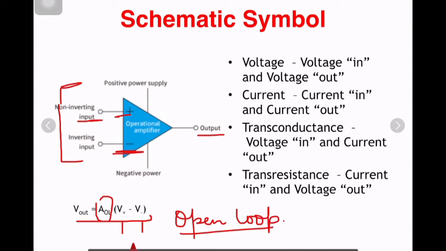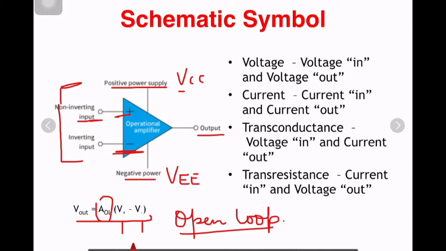An operational amplifier also operates from, as you can see, a positive power supply and a negative power supply. The positive power supply is VCC, we define it by VCC, and the negative power supply by VEE. So these are the DC power supplies which are connected, positive and negative. They can also operate from a single DC supply voltage, right?